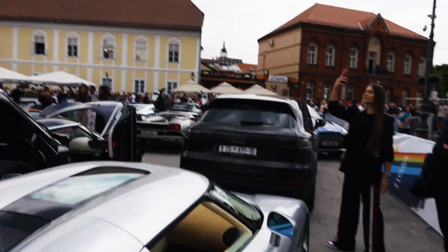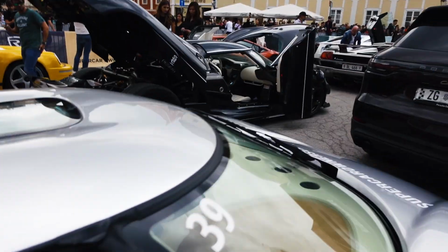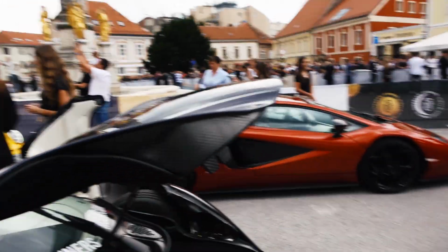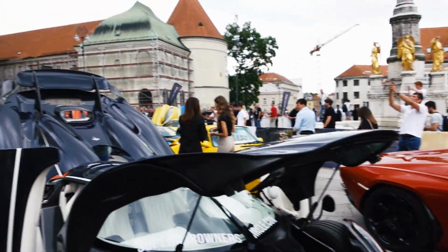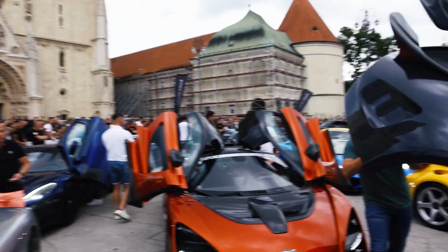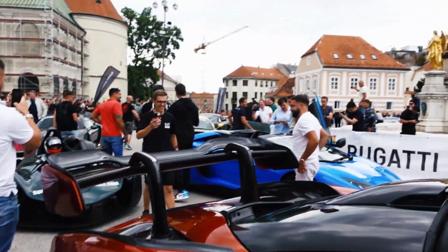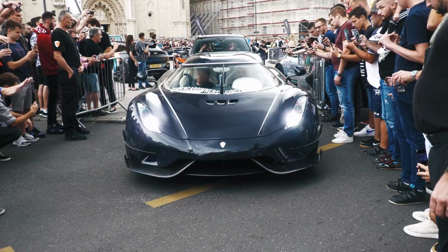I don't know whether you can even hear me, but here's the CC8S, recently featured in Koenigsegg's video for the CC850. Wow. The Regera fully opened up. Aventador SV revving. Now, tell me, which car was that? It's a very special Lamborghini Aventador Super Veloce. The Super Veloce wording, it's